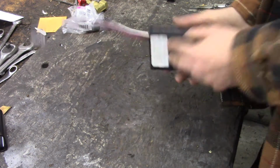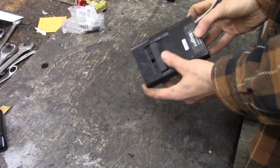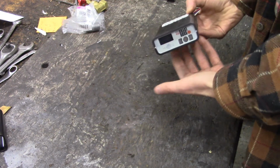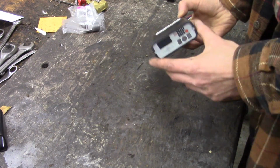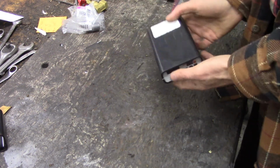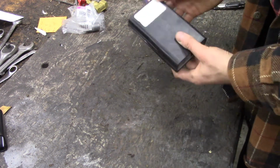Anyway, so this is the manual override that I was talking about. It's on the underside of the controller, so you can just reach down and activate it should you need to. You can also do it just in a parking lot if you're testing your brakes or whatever. Anyway,